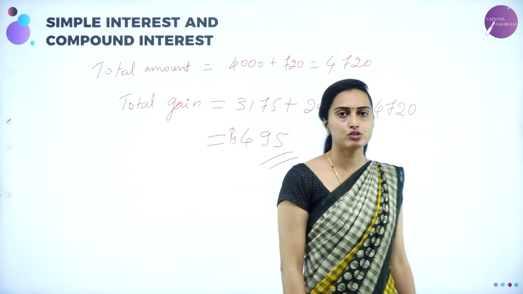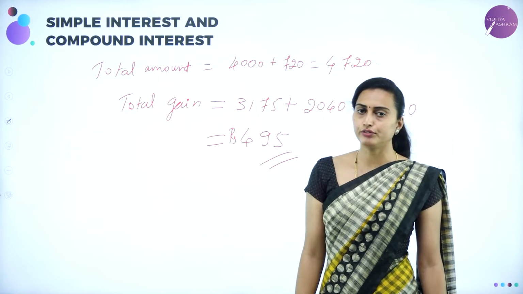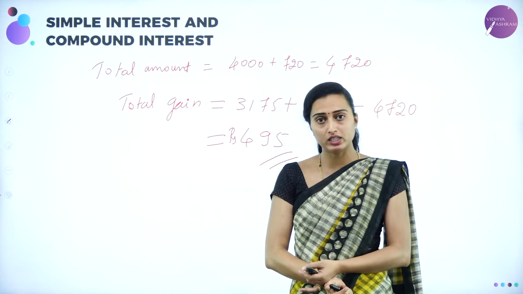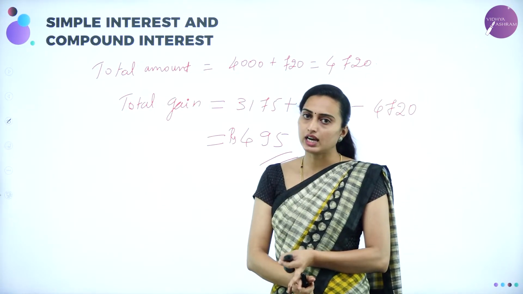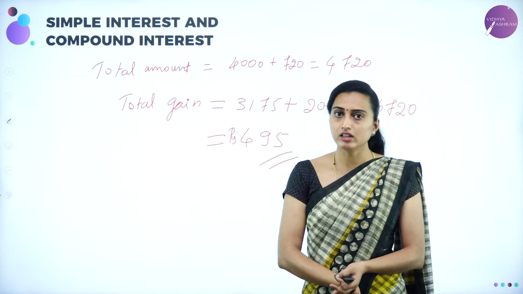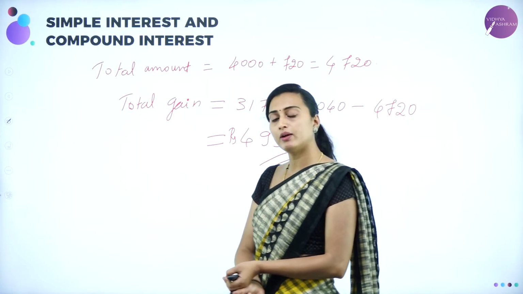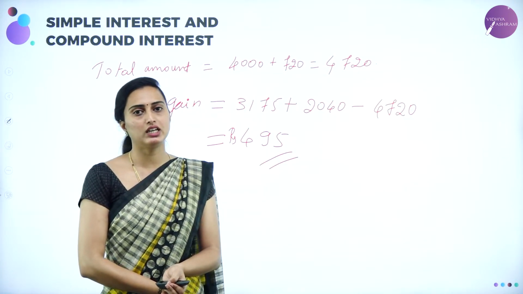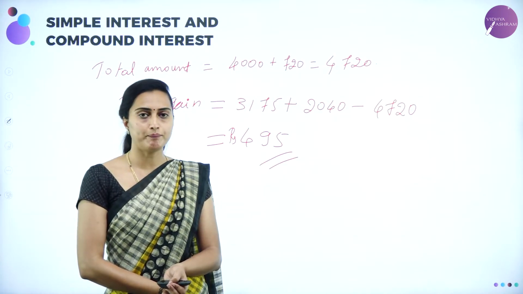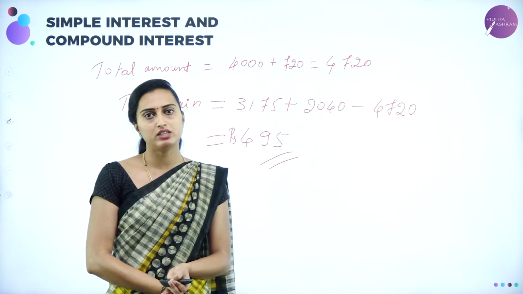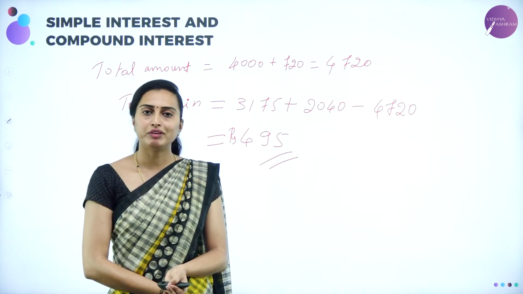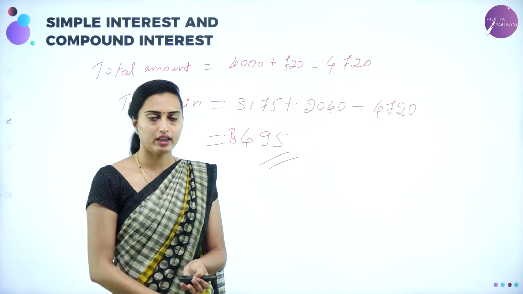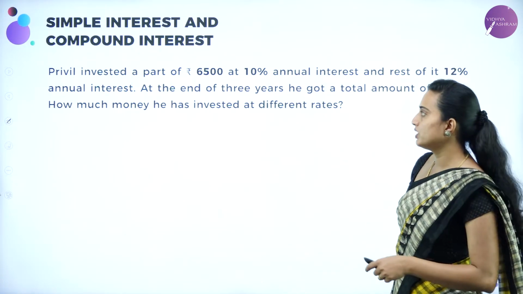I think you've understood how to calculate this problem. First we calculated what Satvik received from Jason, and what Satvik received from Vivek. And then what Satvik received from both Vivek and Jason. We added the amounts from Jason and Vivek, and then subtracted what was collected from both Vivek and Jason. Then we get Satvik's gain. Understood? Okay, we'll move on to the next question.